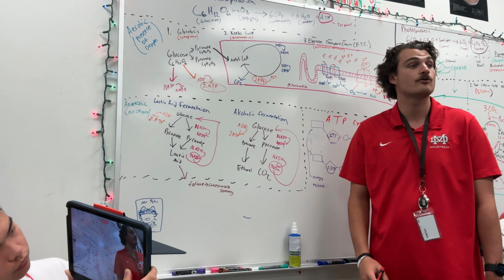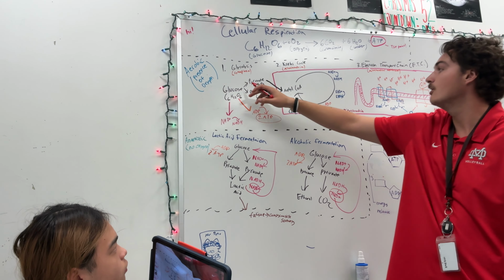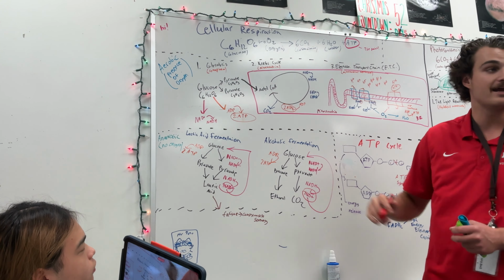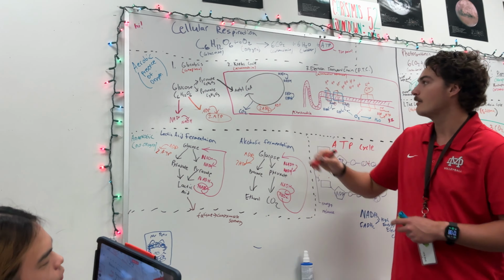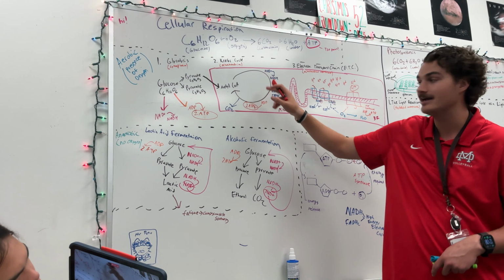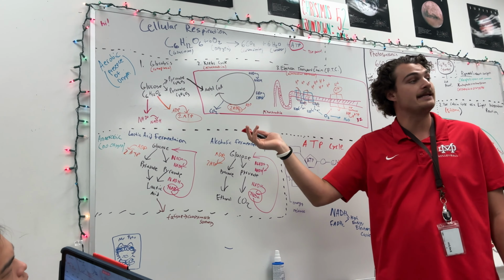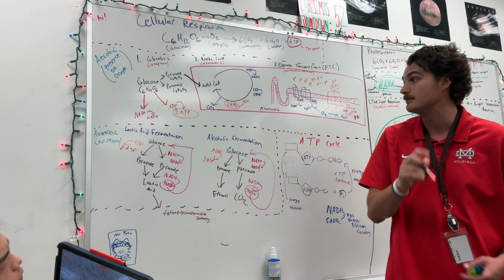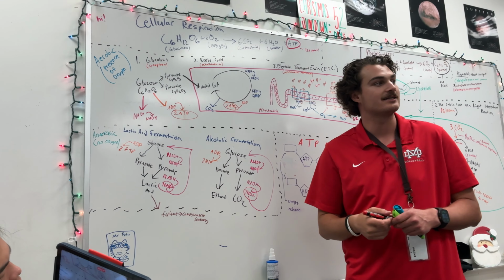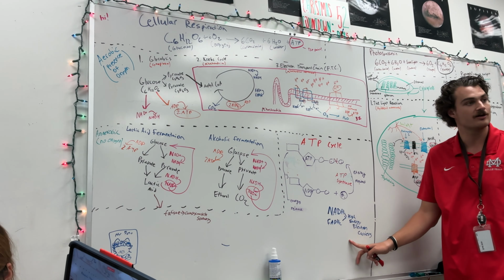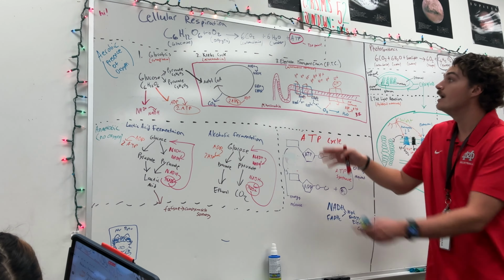So after we make our pyruvate, in the presence of oxygen, we'll enter the mitochondria via the Krebs cycle. Acetyl coenzyme A is going to guide us through this process, in which case we'll turn NAD plus into NADH, FAD plus into FADH2, turn more ADP into ATP, making 2 more ATP, and then releasing carbon dioxide as a byproduct. We can then take our 2 high energy electron carriers, our NADH and FADH2, and bring them to our